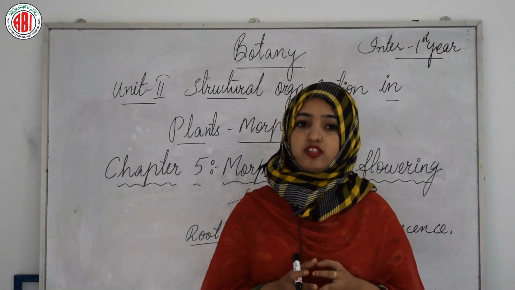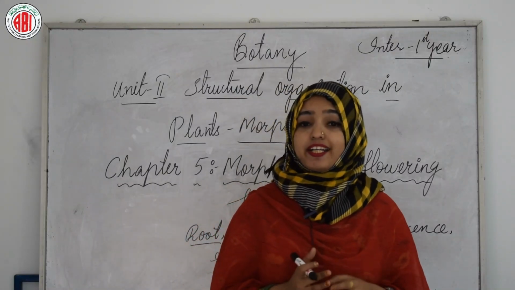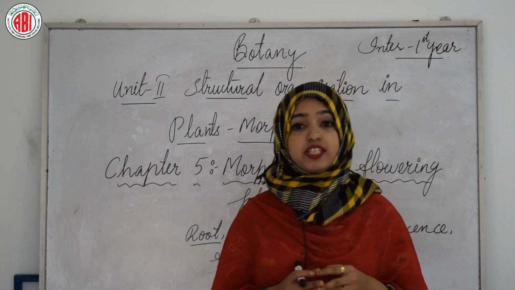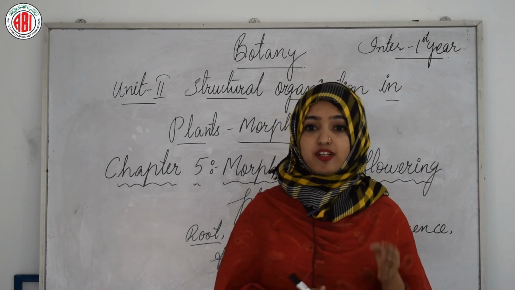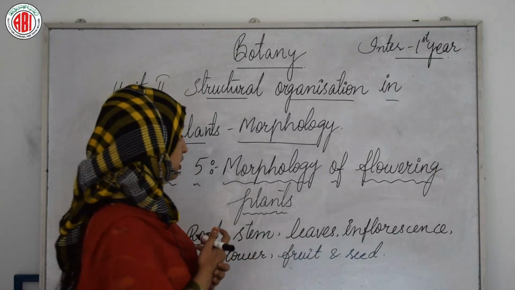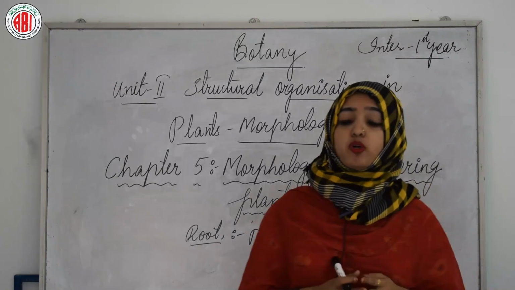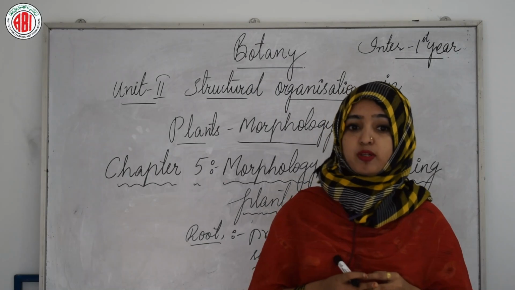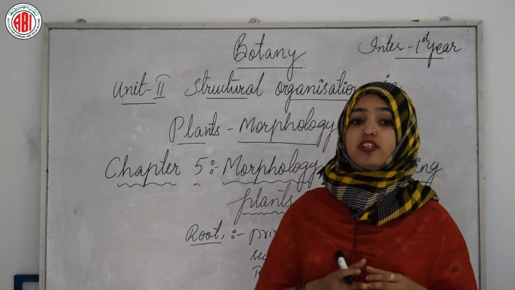So what is a root actually? We all know that in the majority of dicotyledonous plants, the direct elongation of the radicle leads to the formation of the primary root, which grows into the soil, right? That is the base of the plant actually, and it bears lateral roots of several orders that are referred to as secondary roots, tertiary roots, etc. The primary root and its branches constitute the taproot system. In monocotyledonous plants, the primary root is short-lived and is replaced by a large number of roots. These roots originate from the base of the stem and constitute the fibrous root system.